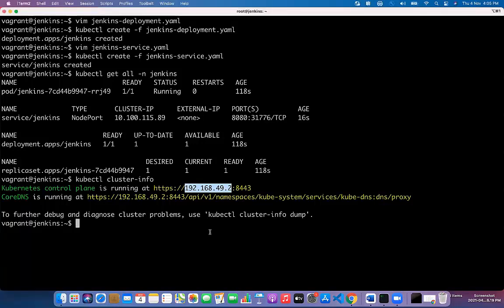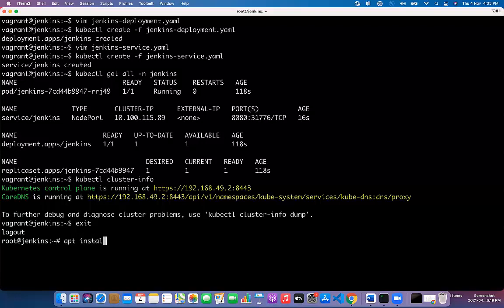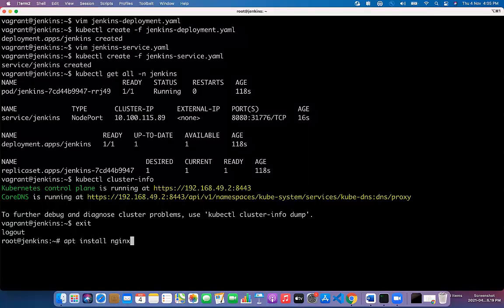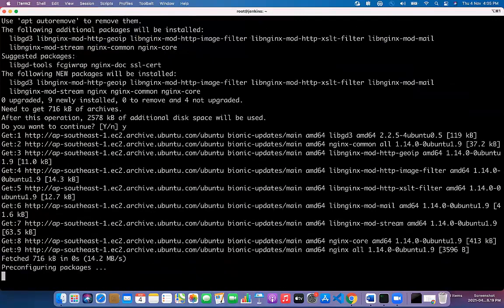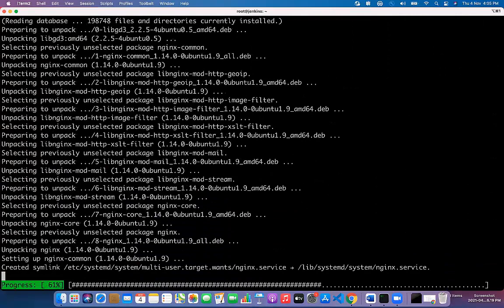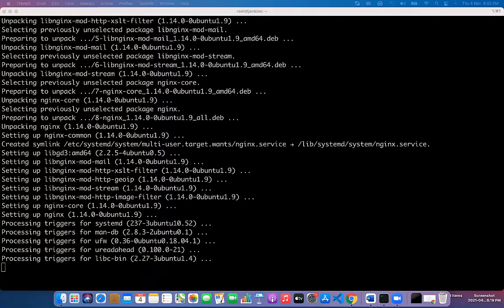In order to install Nginx, I will exit out of the vagrant user and I will be using apt to install Nginx. I will say apt install nginx. That is going to install the Nginx on the system. So the Nginx installation is going through. Now once you have installed the Nginx,